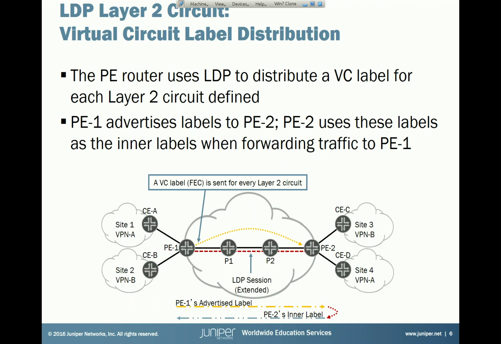And this is the idea. Here we have basically two pseudo wires, one going from site 1 to site 4, and another going from site 2 to site 3. So what is going to happen is every PE will advertise an inner label and a circuit ID. The circuit ID needs to match on both sides. So when the remote PE receives a label for, let's say, circuit ID 1, and its own circuit ID 1 is tied to site 4,